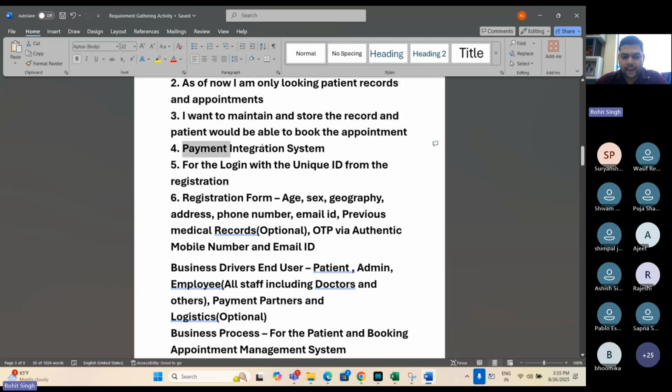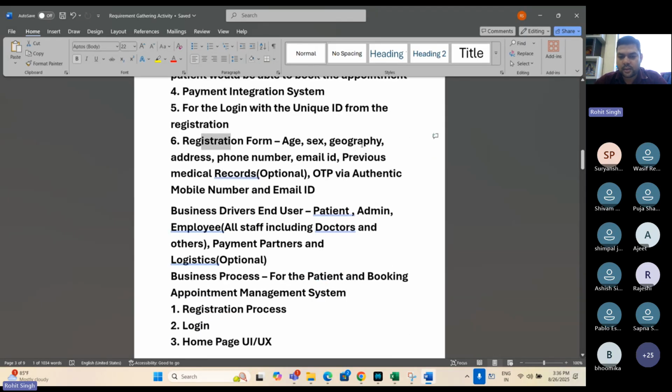So next would be the payment integration system. Of course, when an appointment is there, there would be payment integration. For the login and registration, a unique ID from the registration form would include age, sex, geography, address, phone number, email, previous medical records optional, and OTP, which is single or two-step authentication.